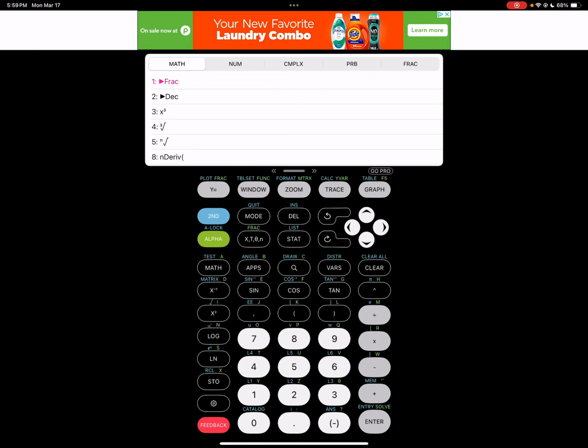Second quit, math 8, y1, and our theta value here is pi over 3,